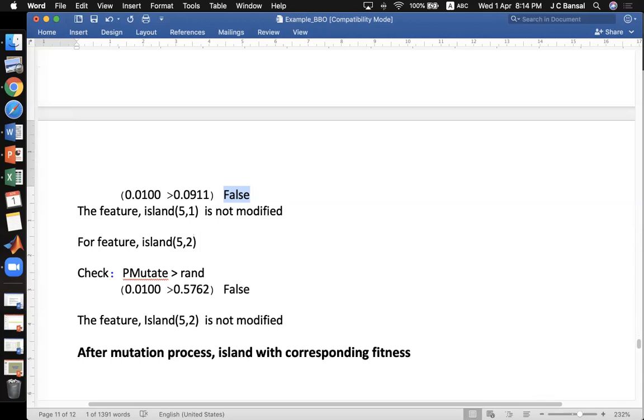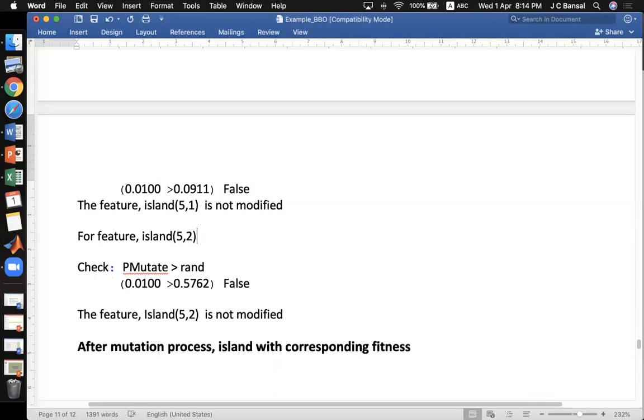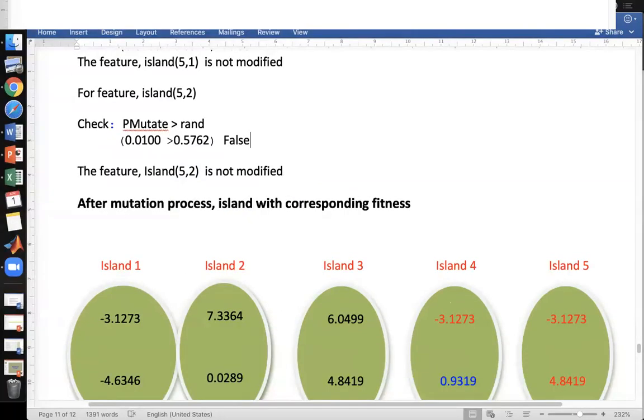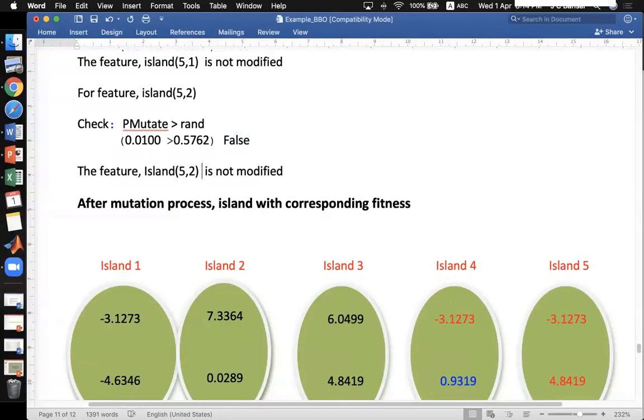It is true for all, means the chances of the first island taking part in the mutation process is equal to the chances of the fifth island taking part in the process of mutation, right? So they are the same. Now for the fifth island's second feature, we'll check it, and again we found that it is false, so it is not modified.